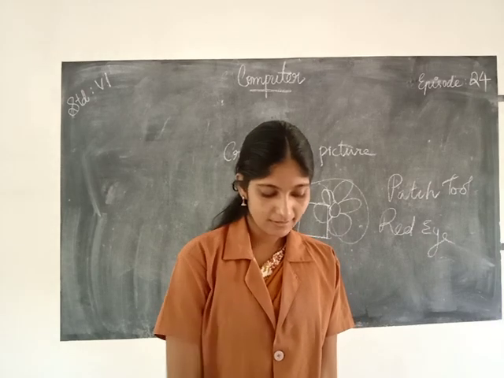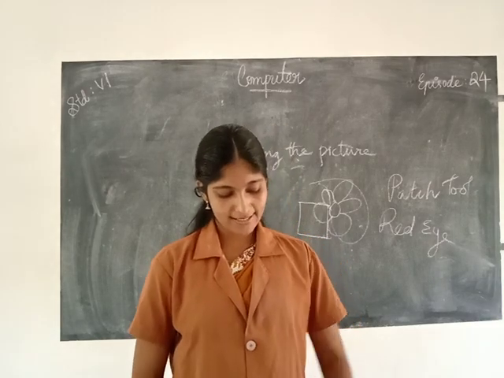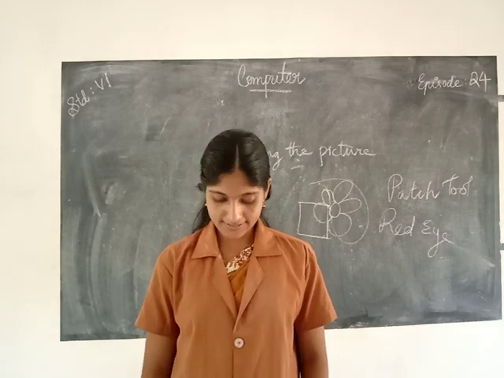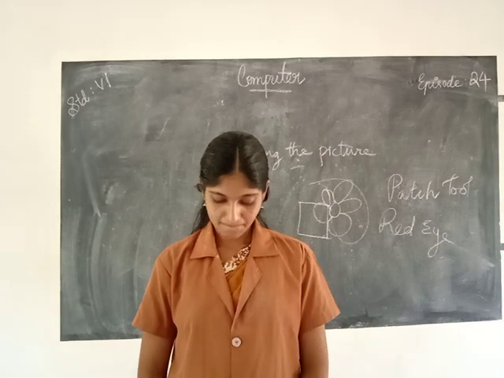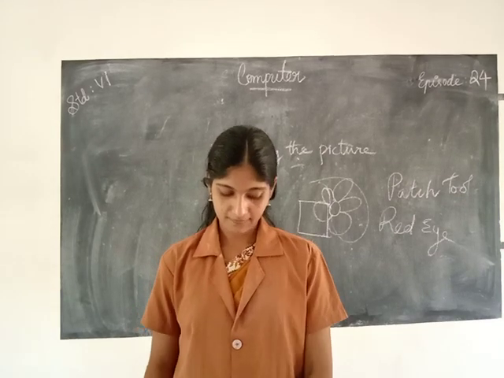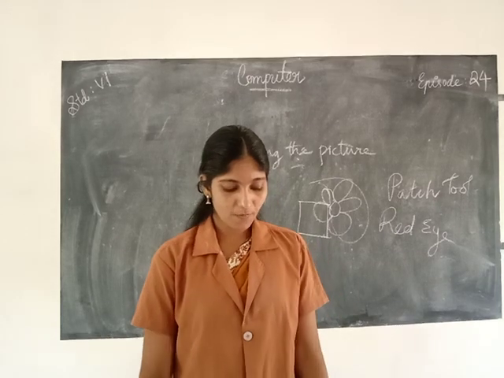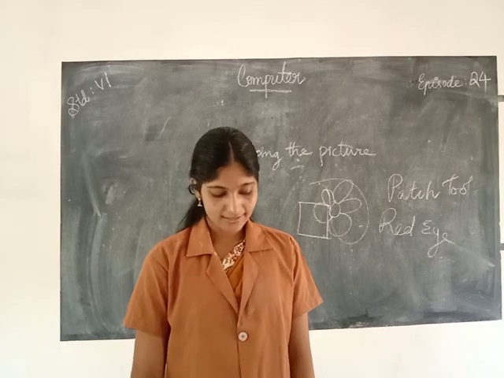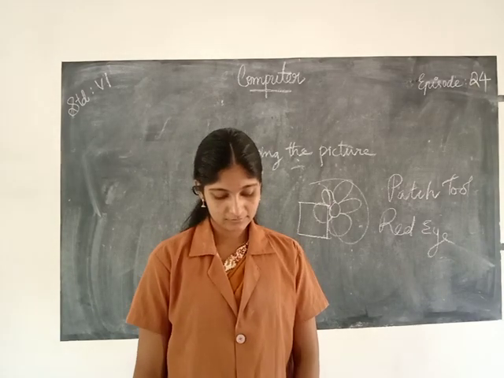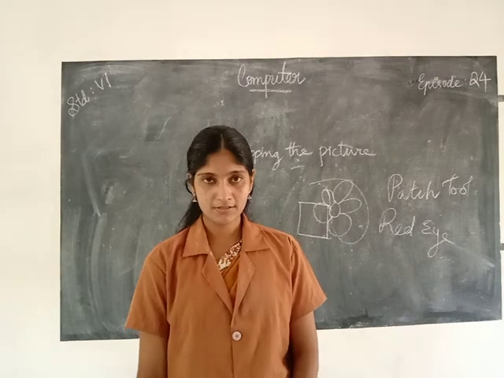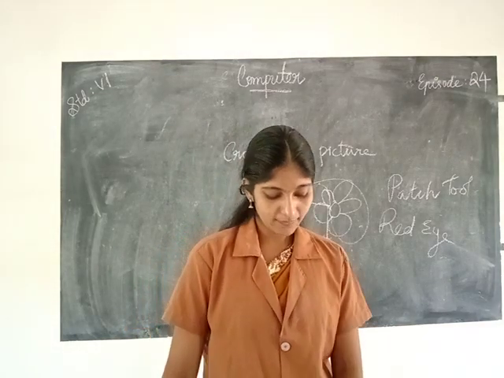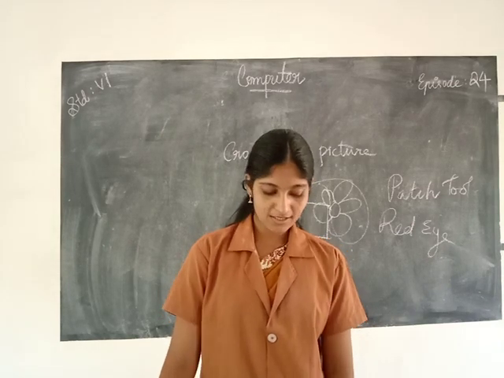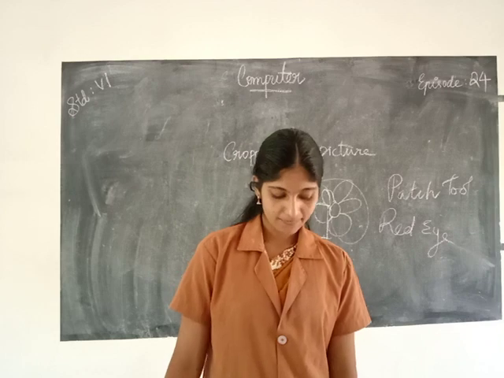Then moving to questions. The expansion of GIF is Graphics Interchange Format. That is the first question. Then the second one: which format becomes large and is not suitable for web purposes? Which is that? BMP, bitmap type format. Then the third one: which tool takes a sample of a normal area of the image as source and replaces the defective area as destination? So what is that? Patch tool.